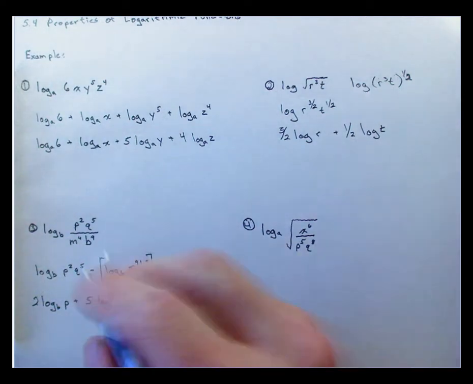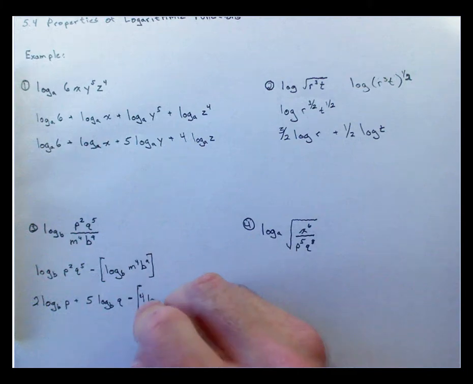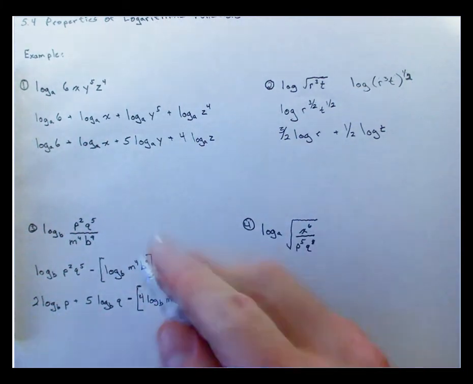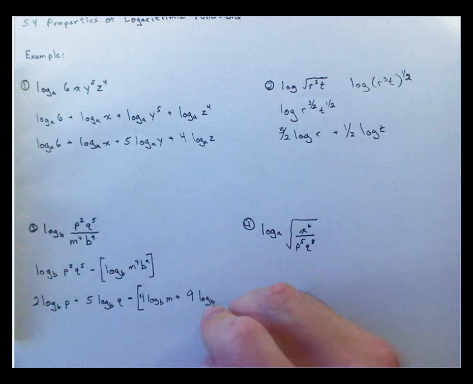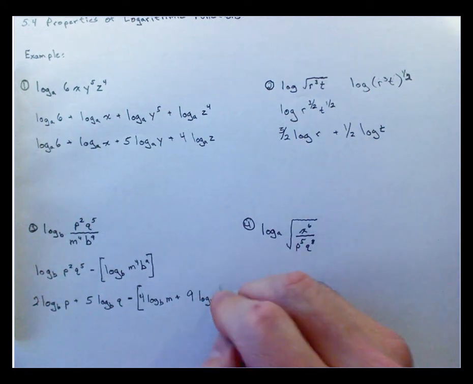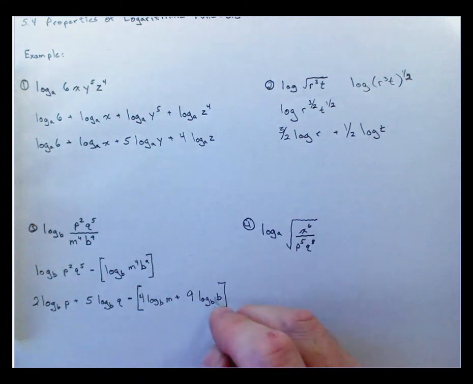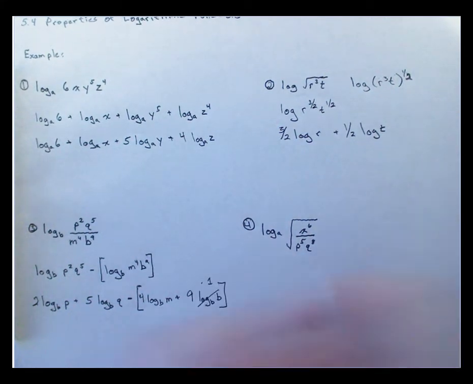Well, there's my 4, log base b of m plus 9 log base b of b. Well, this right here is 1, and I'm going to have to distribute that negative. So final answer,